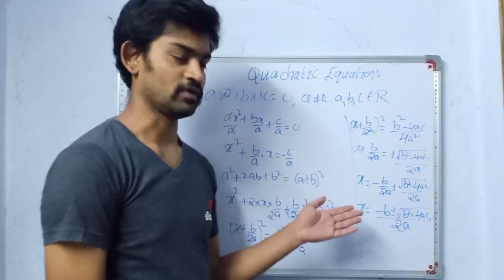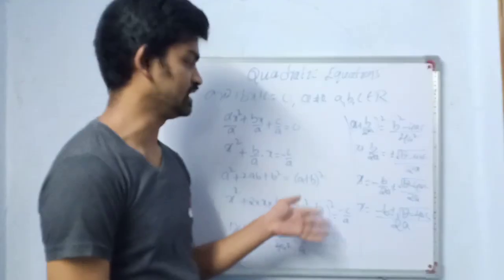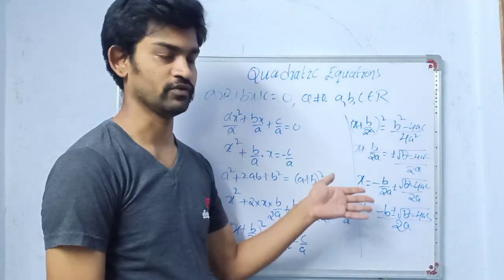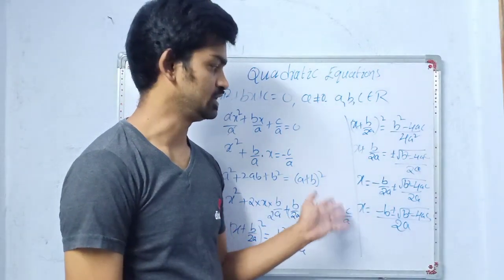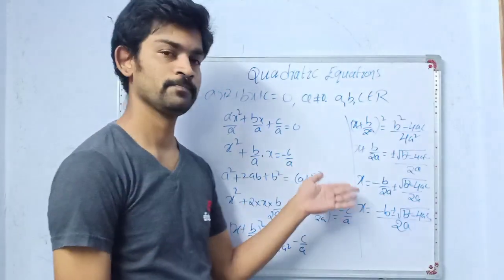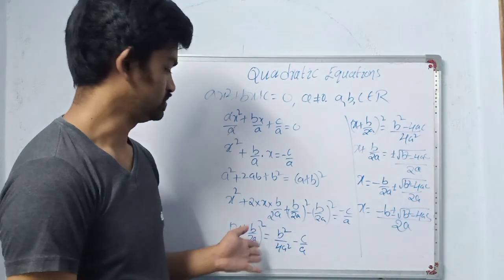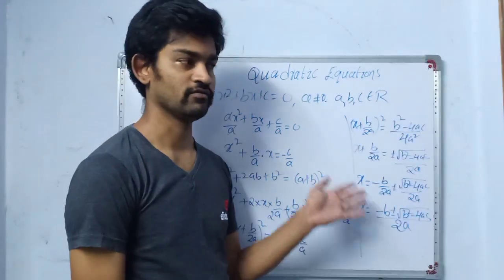So this is the proof of the quadratic formula. This all exists in our textbook, so I have done it in a little more detail here. If you want, you can copy this. This is a repeated question. I did this by using the completing the square method. That topic is not there in this chapter. So this is the proof of the quadratic formula.